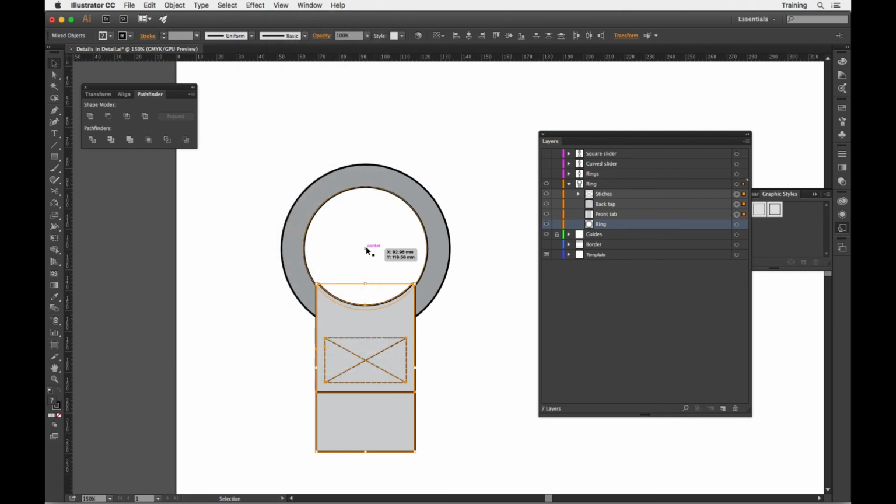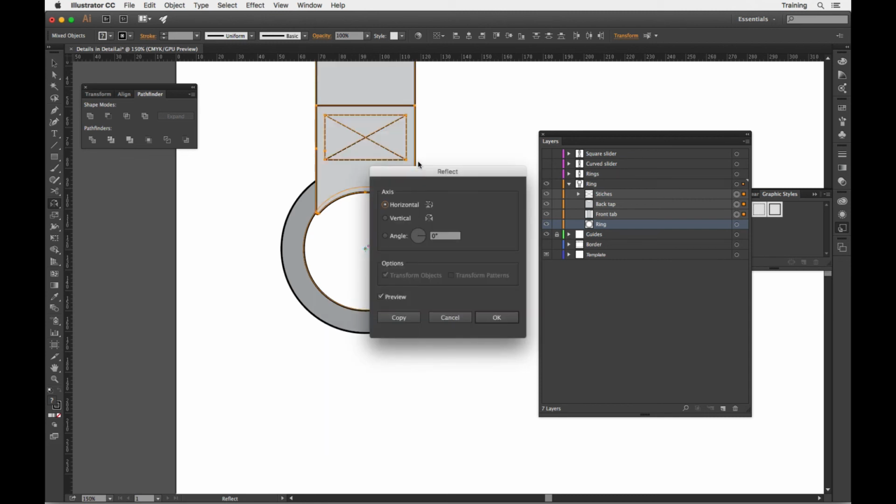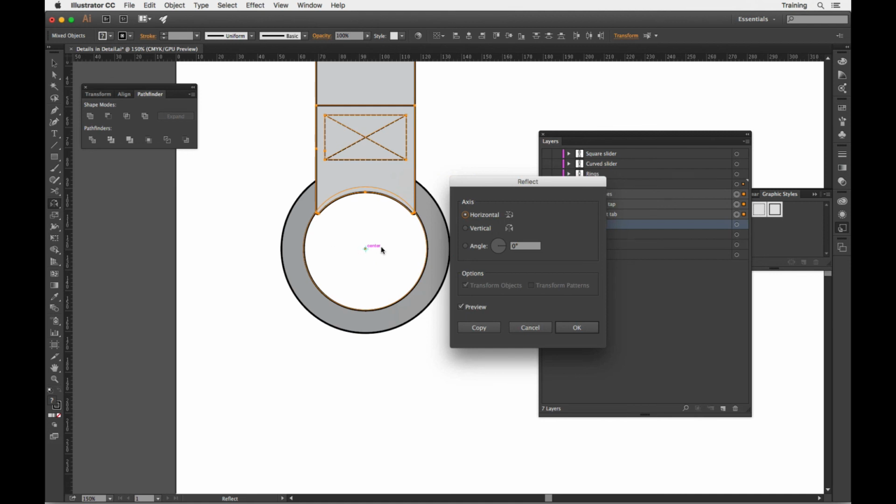If I hover over the center of that ring, you can see it actually pops up and says center. I'm going to use that as my reflection point to reflect this selection here. So I'm just going to go and get my reflect tool and hold down my Alt key, and you can see as I hover over the center of the ring, it actually highlights the ring and shows where the center is. So I can click on there, so I know I've got an exact reflection around the center of that ring. I've already got the horizontal reflection axis selected. I want to copy that,